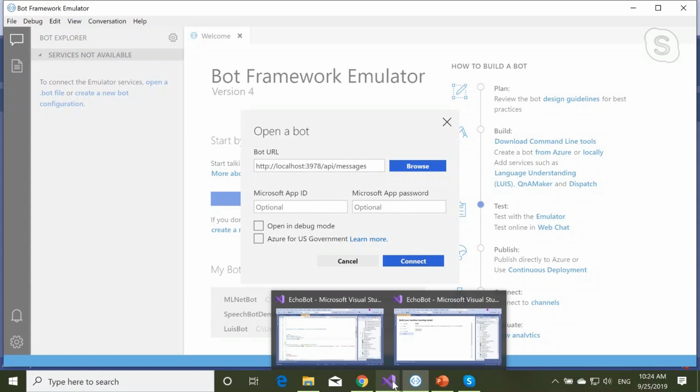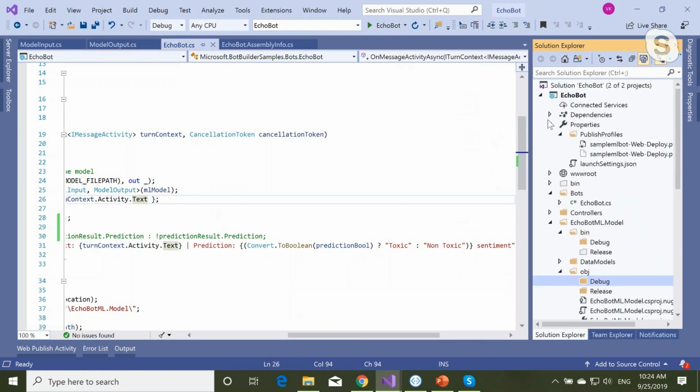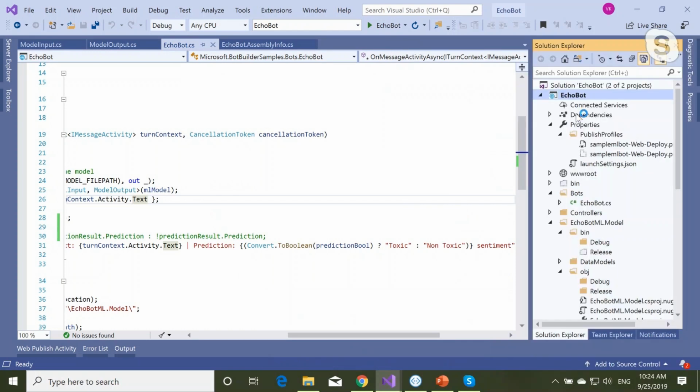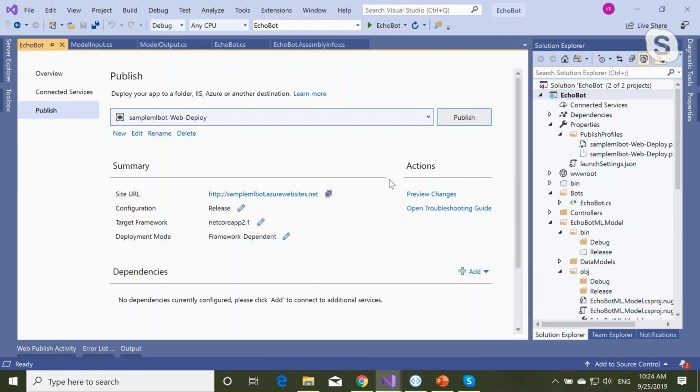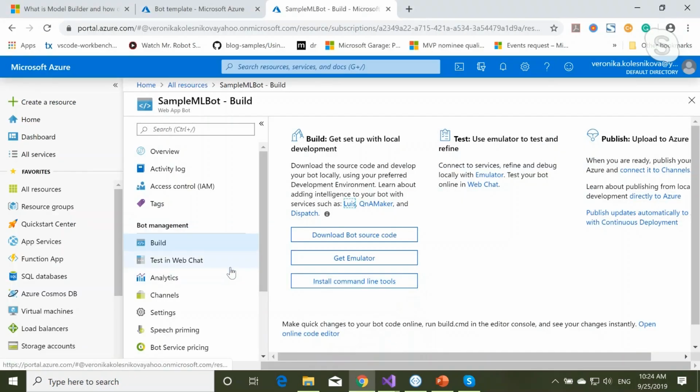But in order for it to be connected, you actually need to run your solution here. Or you can publish your bot just as you regularly publish it. It will be automatically connected to Azure, and then you'll have the publishing profile here. So you just click publish, and it will be published directly to your Azure where you can test it.